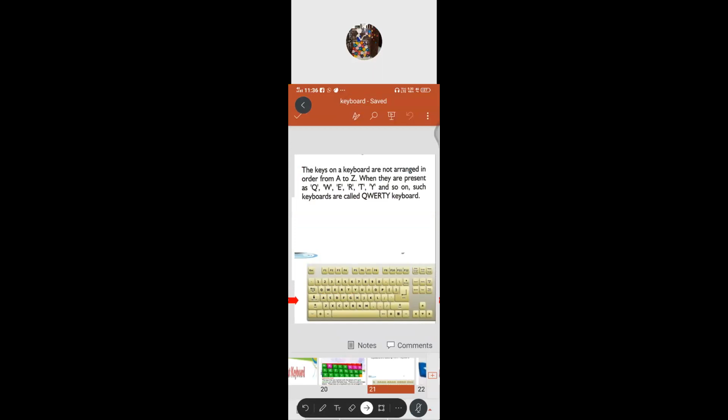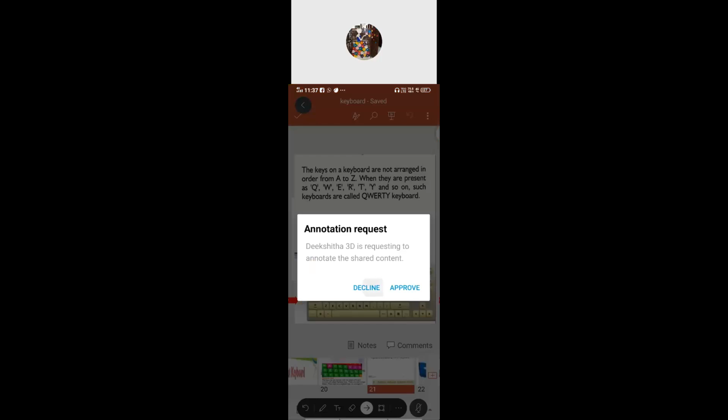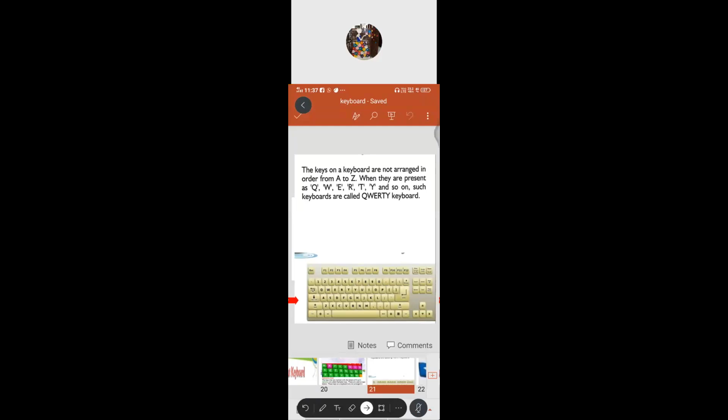Why did they develop it, why was it manufactured like this? Who invented it? Do you know that one? The QWERTY keyboard was invented by Christopher Charles. Why he designed it like this: the most often used letters were spaced out so that the keys were less likely to clash into each other when typing. That's the reason he developed the QWERTY keyboard. Who invented it, I say?